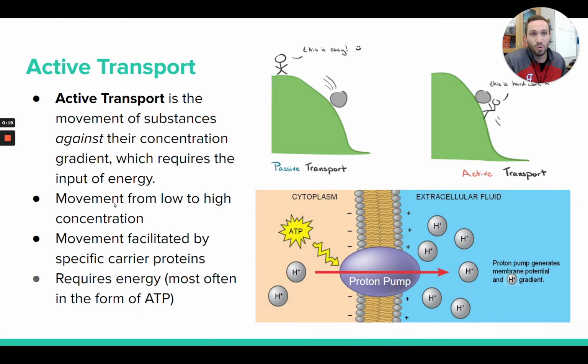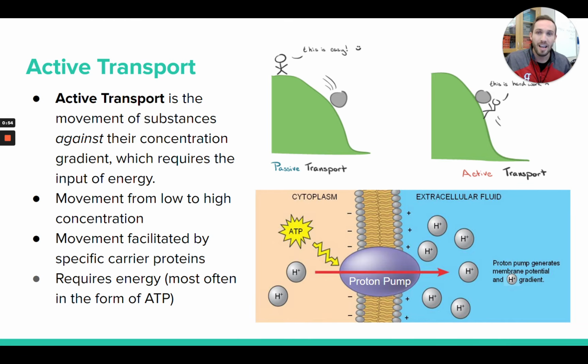So active transport, this is when we're still talking about the movement of substances across the cell membrane into and out of the cell, just like in passive transport. But the big difference here that you guys are going to see is that this requires energy now. So now we're going to talk about the movement of molecules across the cell membrane in a way that is going to demand energy. And usually that energy is going to come from ATP and that's being made inside the cell. And so there's going to be an input of energy that needs to be met in order for this movement